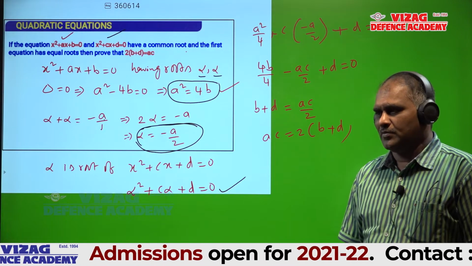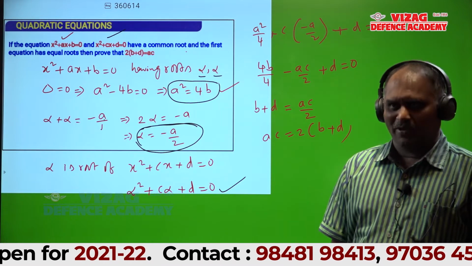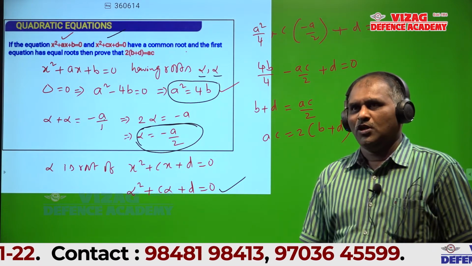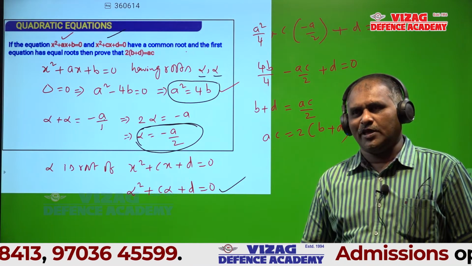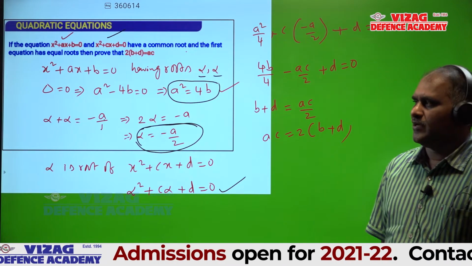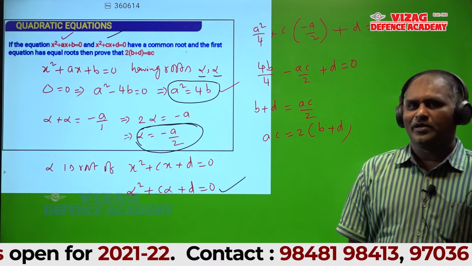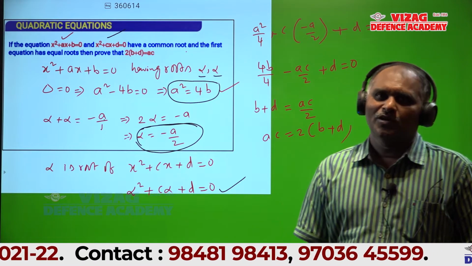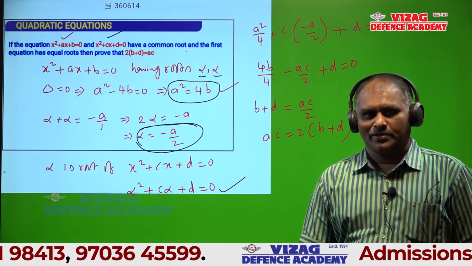I will inform the time here. It is objective type examination, not subjective. Only objective questions. 4 options will be there. You can solve and find which is the correct answer. In those 4 options, you can tick the option that is correct, and you get 4 marks. If it is wrong, you lose 1 mark.